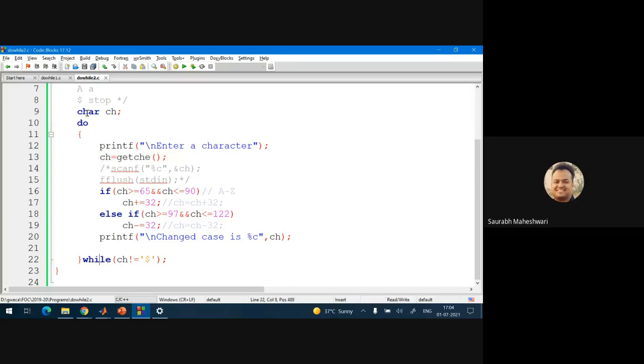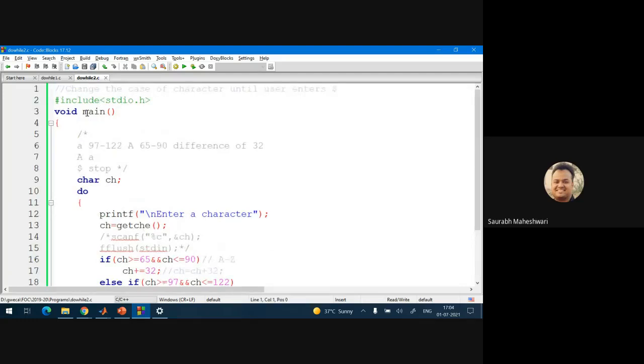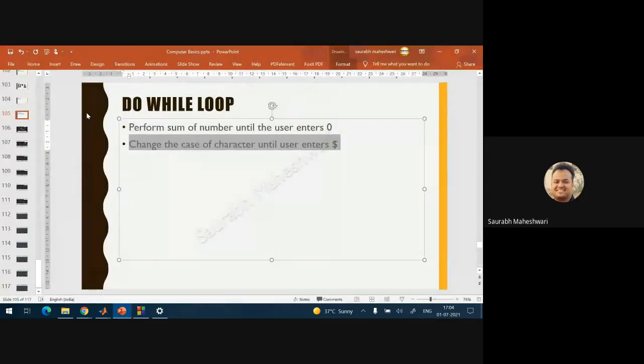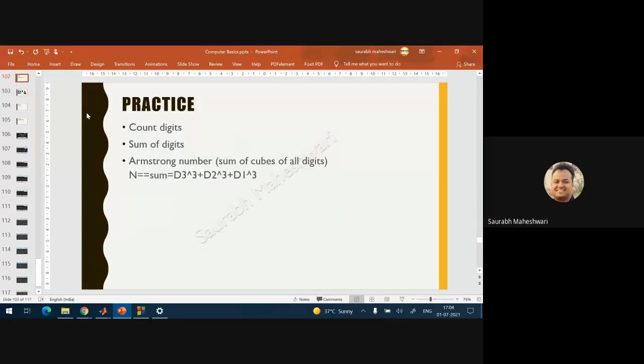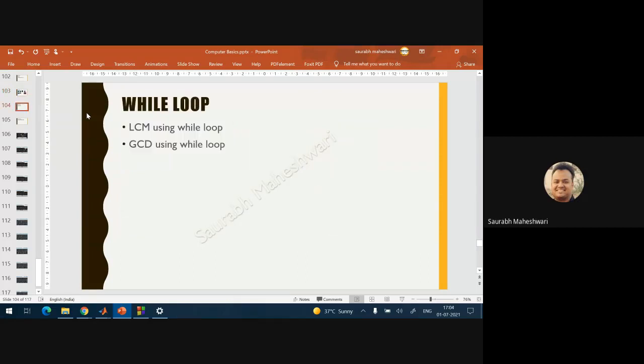Okay, so this is the program for do while. Fine. So this completes the iteration topic. In iterations we saw the for loop. Then in the for loop we did some programs, then we did some patterns. And after the patterns we did the while loop.